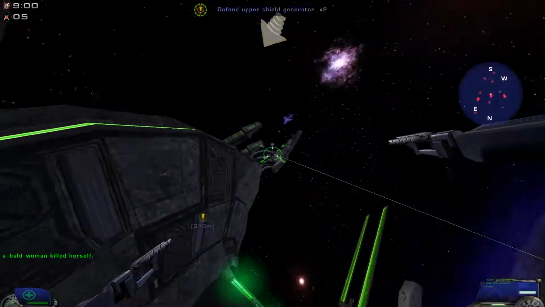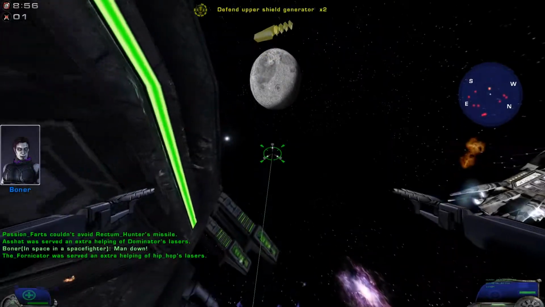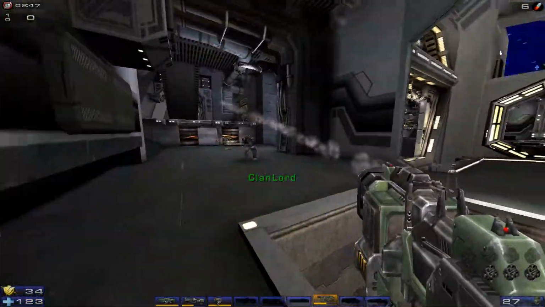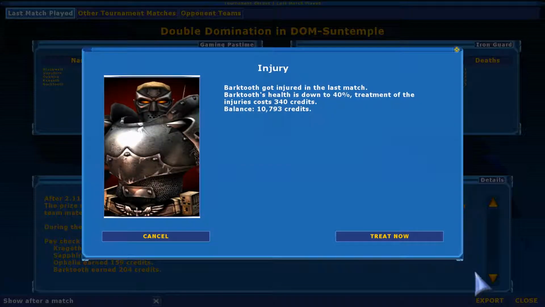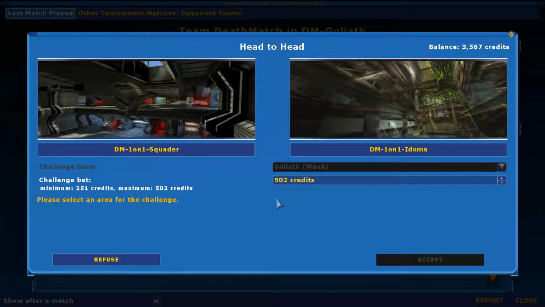After winning every match in each ladder, you unlock what I guess is the championship ladder where you compete in a team deathmatch and then battle the final boss, Clan Lord. One of the unique things about the campaign is that you earn credits for winning matches. The credits can then be spent on changing the map for a match, treating team member injuries, or even challenging enemies to a deathmatch. When challenging an enemy, or even if you're challenged, you can bet a certain amount of